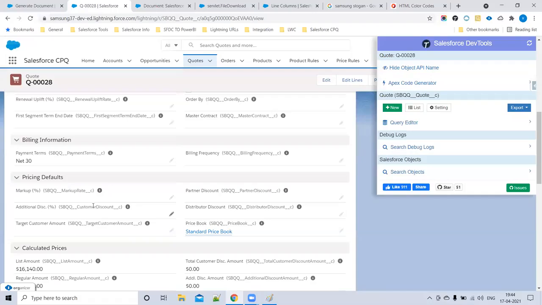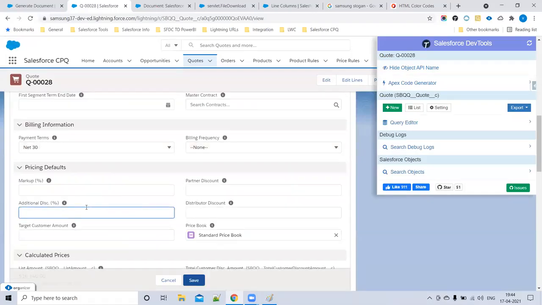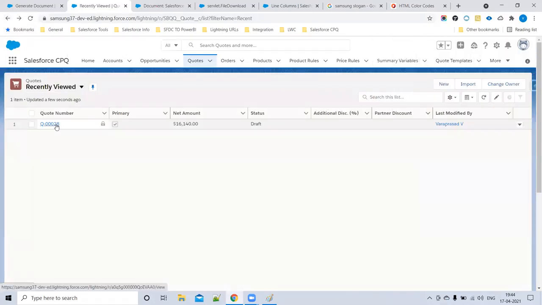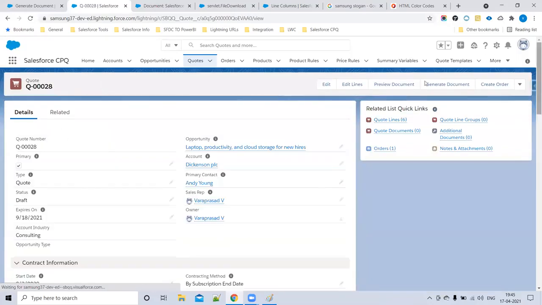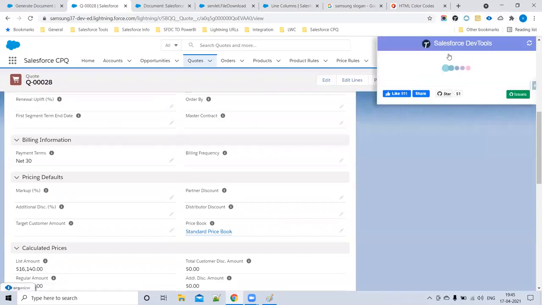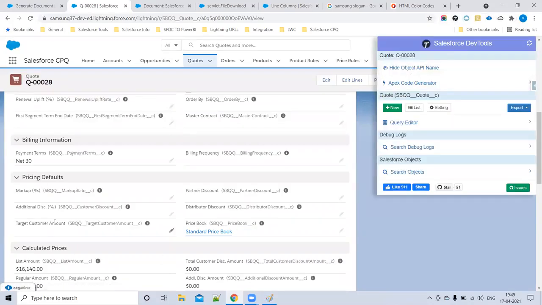What is the API name for this one? Additional discount. What is the API name, sir, here? SPQQ customer discount. So in the quote object, if this field is equal to empty,